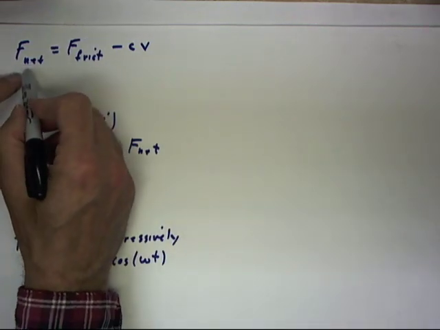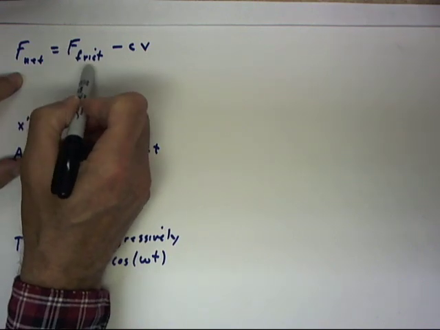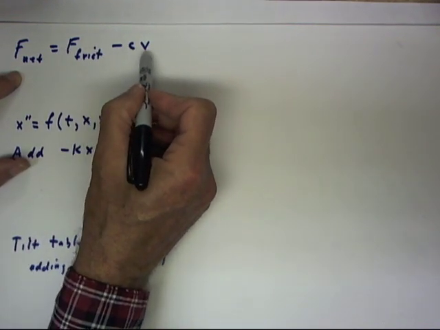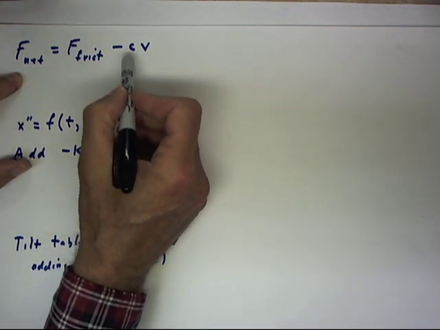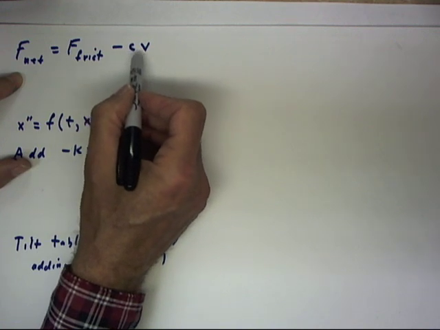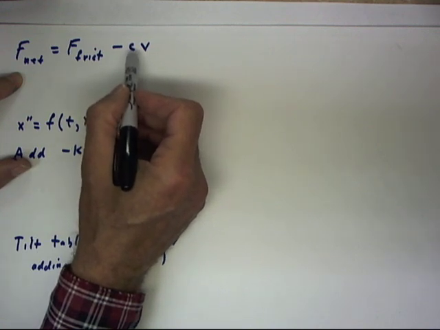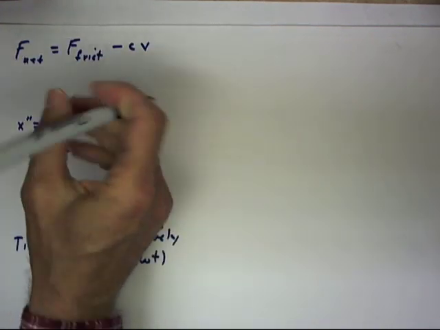The equation F net, meaning net force, equals F friction, force of friction, minus CV, where V is regarded as the velocity of an object and C a constant that allows us to determine how much drag force the object experiences when moving at velocity V. This equation can be written as